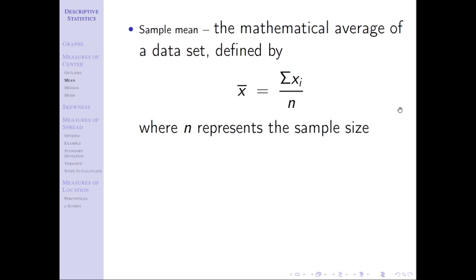You know how to find an average, right? Add up all the values, divide by n. That's all this is saying right here. We're going to add up all the x's and divide by n, and that gives me my sample mean. Lowercase n is the second symbol now that we have. That is the sample size.